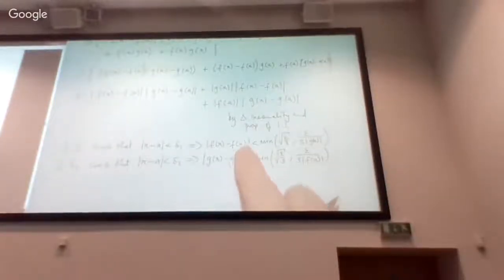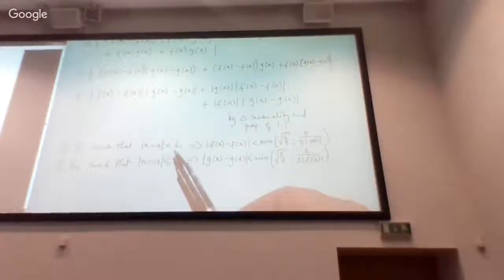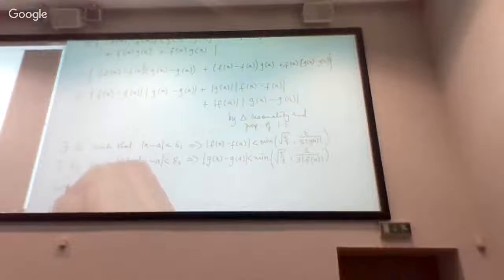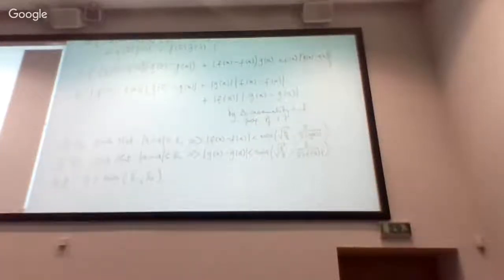Now these smallness measures are reached under two different descriptions. One when x is close to a measured by delta 1, the other one when x is close to a measured by delta 2. And again, just a neat trick of tying it all up nicely to ensure that x is close enough to a to satisfy both of these, I just let my delta be the minimum of these two, delta 1 and delta 2. So if x minus a is less than delta,